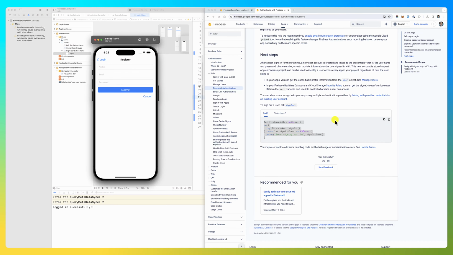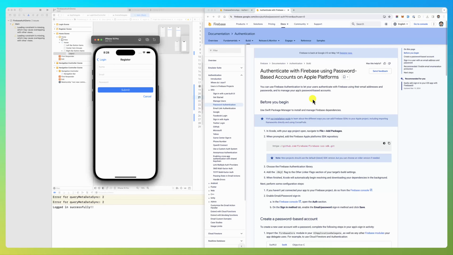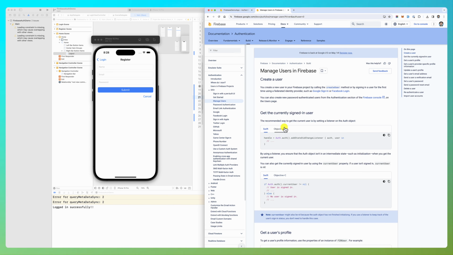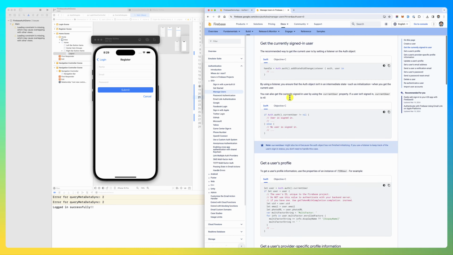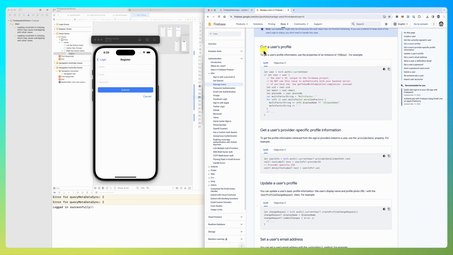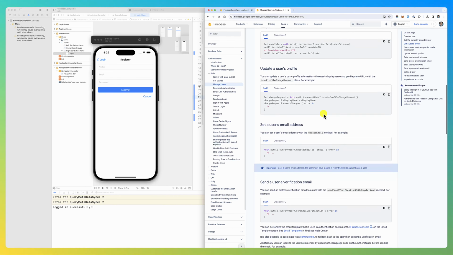Hello everybody. In this screencast we're going to look at how to sign up a new user using email and password. So basically what I did is I went to the Firebase auth documentation, clicked on manage users, scrolled down a little bit, and boom, this is how you can get a user profile, update the user profile, or